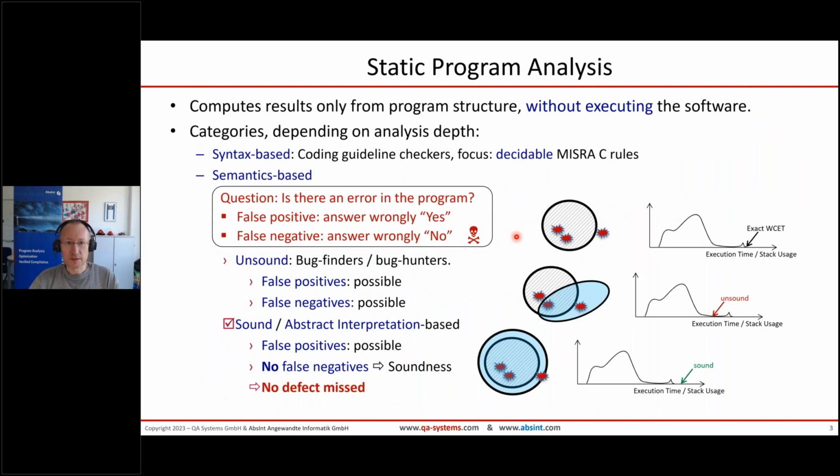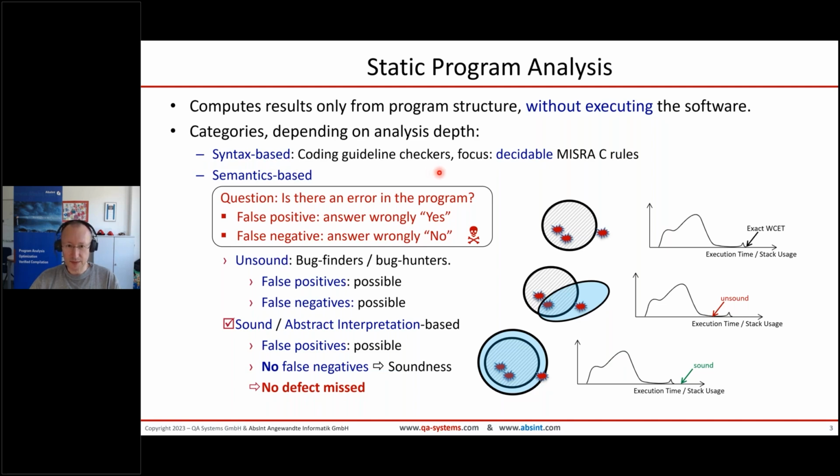Now, before going into the demo, let's briefly talk about what static analysis is at all. So in principle, it just means that you're computing some insight about the program without actually executing it. Okay, so if you do manual code review, that's a form of static analysis. But the most interesting cases are, of course, tool-based analysis. And then you can do it in a simple way, just by looking at the syntax of the program. And this is enough already to check a lot of coding guidelines.